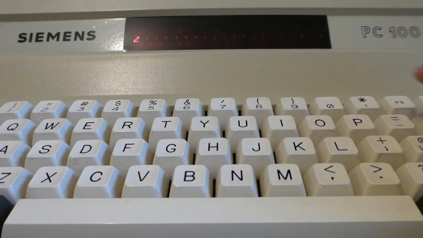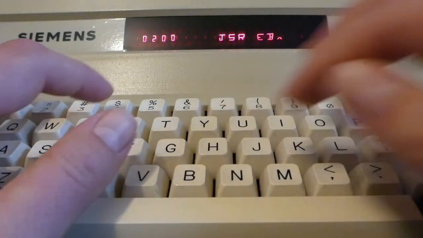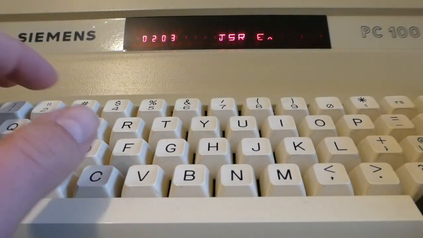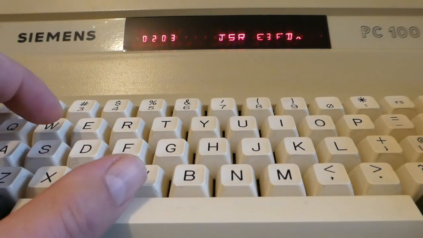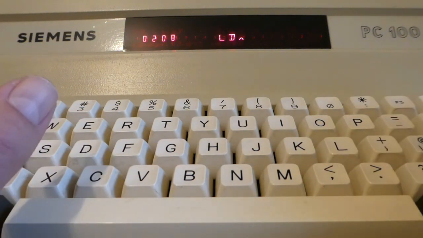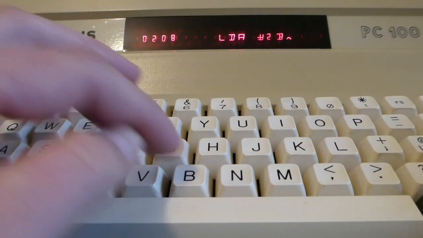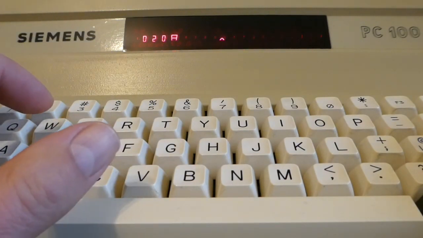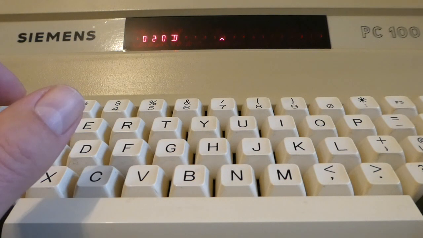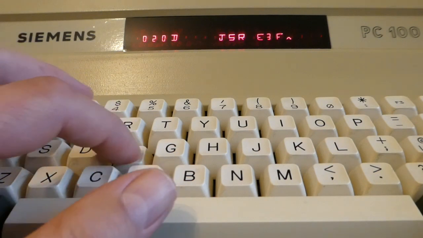Okay, let's enter the program. Subroutine EB44, subroutine 3FD, storing to memory address 00, LDA immediate 2B, jump subroutine EF05, and jump subroutine 3FD,